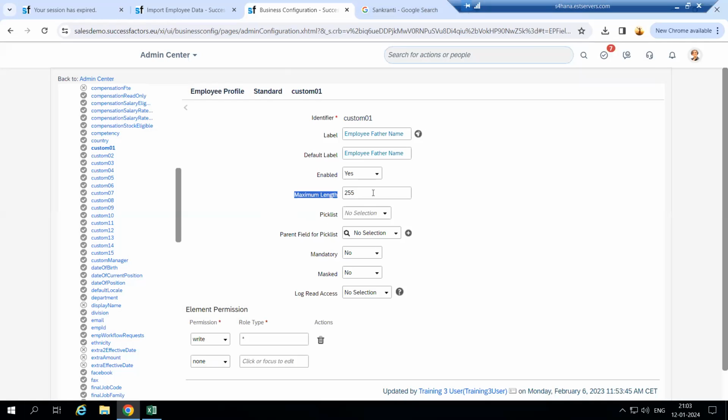Enabled. Maximum length is 255. So 255 is the word length that SAP will accept. Pick list is nothing but a drop down. This is a separate topic, and we will create it in the next session. And mandatory: if you make it mandatory and leave it blank in that particular file, then the file will not accept it. So you have to mention whether it is mandatory or not based on the requirement. Masked means just a